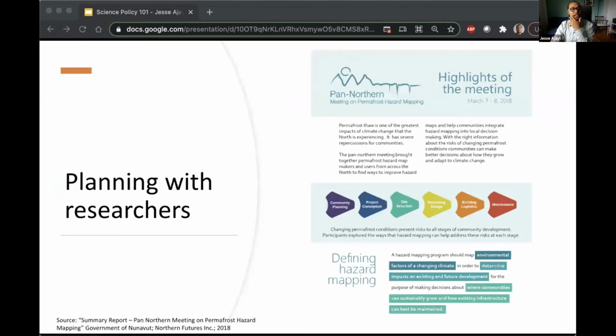So before I get into that, I just want to talk about a session that I put together, which gathered researchers and policymakers to ask the question of how we can put research into practice. And I'm going to use some of the lessons from that session to guide our discussion today.